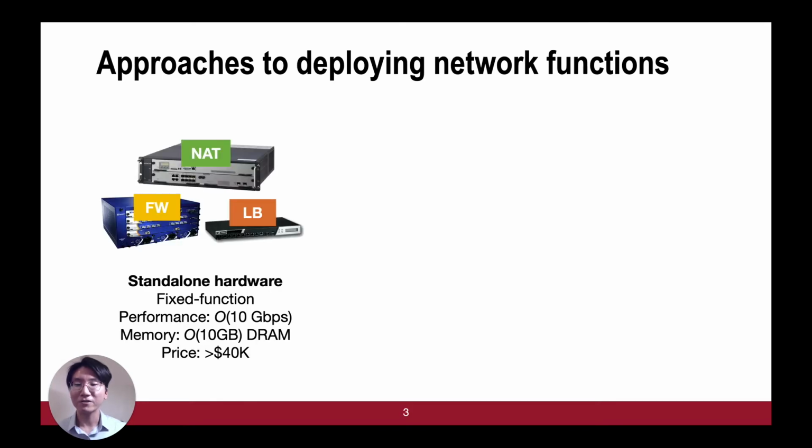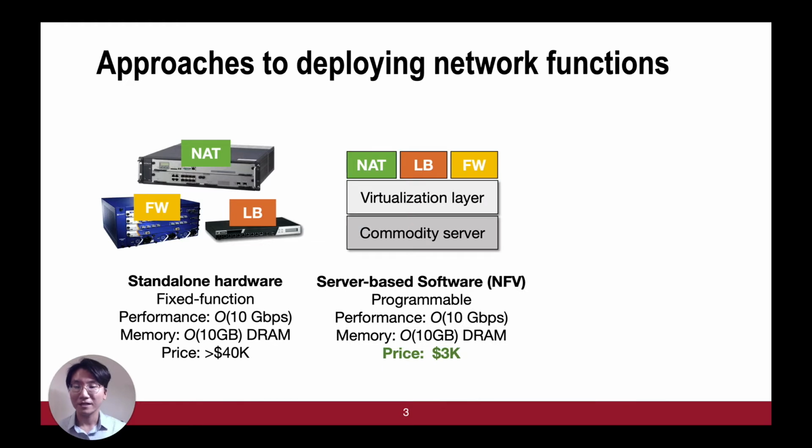The most traditional approach is to use standalone middlebox appliances. In this option, each device is dedicated to a specific function. The second approach is to implement NFs on a cluster of commodity servers, also called Network Function Virtualization, or NFV. Since each function is just an application running on a server, it's easily programmable, and it's generally more cost-efficient than standalone